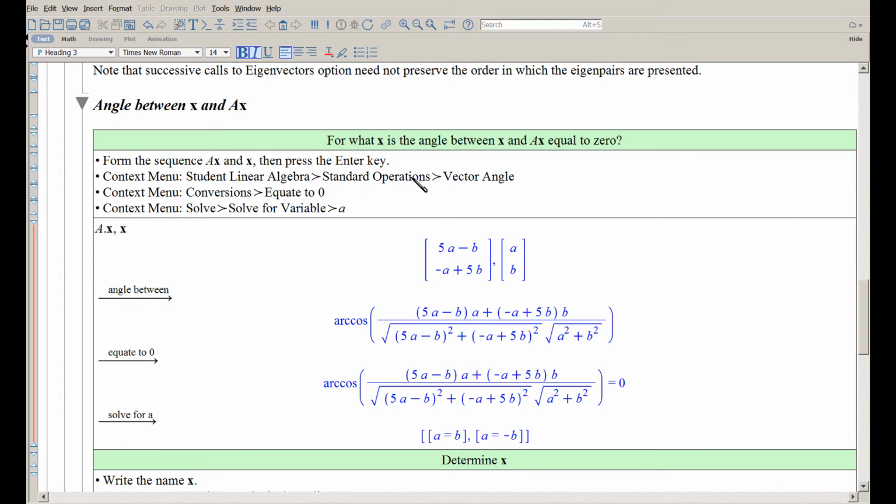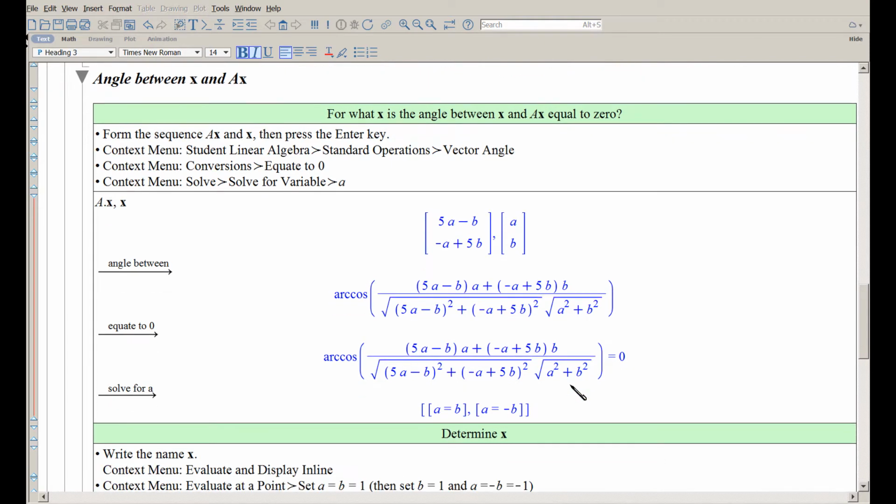If you use the context menu and go down to student linear algebra, there is a vector angle option. This would be the expression for the angle between these two vectors. Well, I deliberately set it equal to 0,